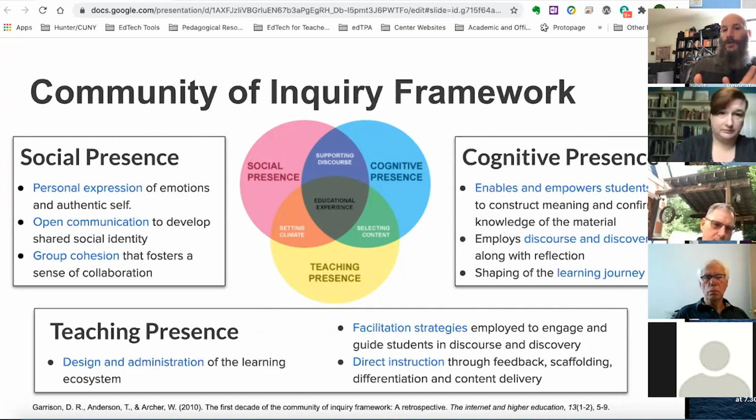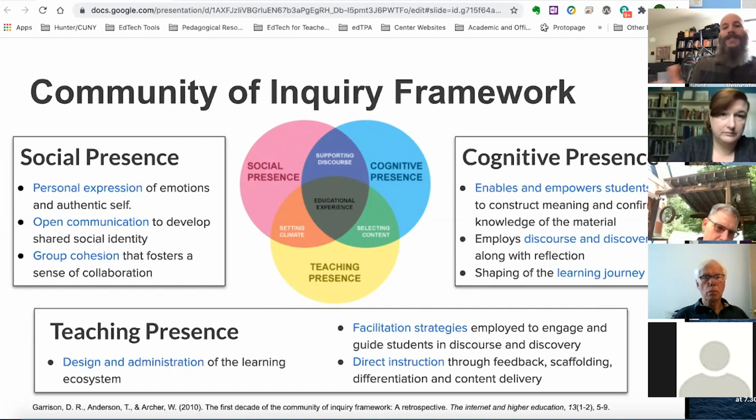So one is through the social presence of the teacher, and that can be through video, through video lecture, through engagement in the discussion forums. But more specifically, it's in the design and administration of the learning environment. So it's the ecosystem of platforms that are utilized, it's how they are utilized, it's how the course is structured and navigated. All of that lends itself to feeling like this experience has been customized for me by the instructor, that there's somebody behind the curtain that's engaged with creating this experience for me, rather than it just being